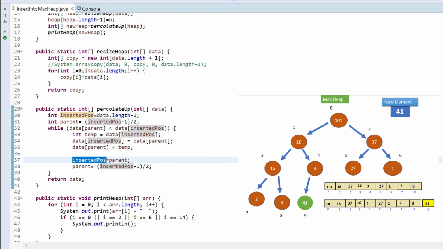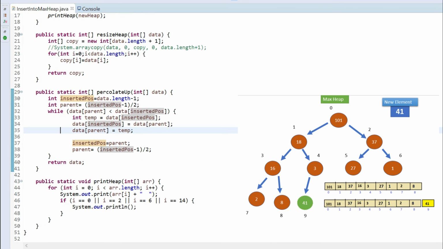Then again in the loop this operation will happen, and when it sees it is not greater than the parent node, it will stop. And this is just a simple printf method. I just hard coded it to give it a look of a tree structure. You can simply print the array also, not a problem.